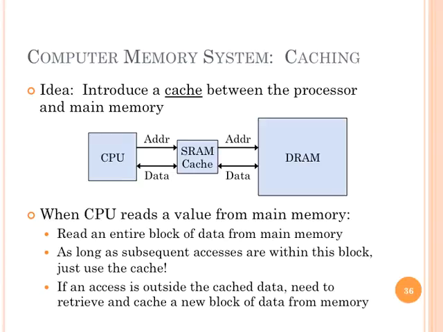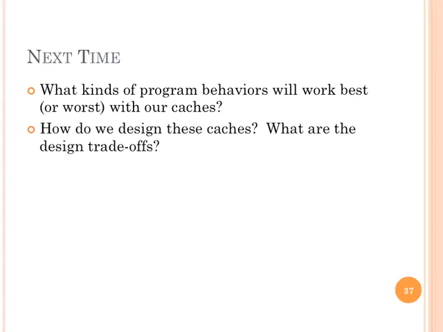What happens if the processor doesn't satisfy that assumption? Yeah, hey, we get a memory the size of DRAM for the speed of DRAM. Yay, right? But if we have a program that's actually going to be relatively well behaved in terms of caching, then we'll see memory that's the size of DRAM and approaching the performance of SRAM. We'll actually do some math next time to see some of the examples of this. So I don't want you to just pack up right away, because once we're done here, I'm going to tell you a few things. What kinds of program behaviors will work best? You can probably guess. You'll have a great opportunity to exercise some of that knowledge or that insight on assignment 5, and then obviously how we design these